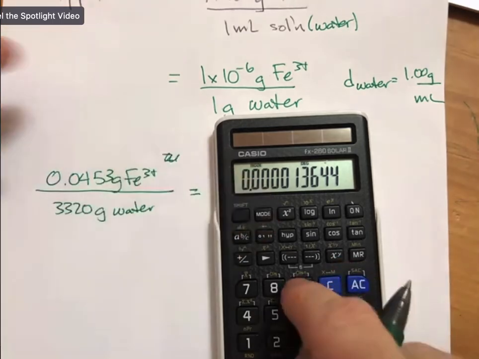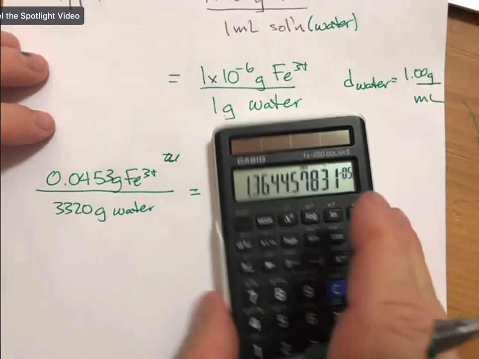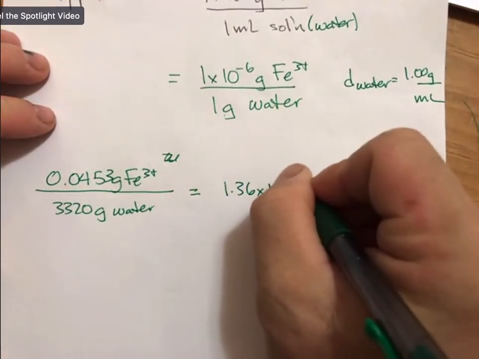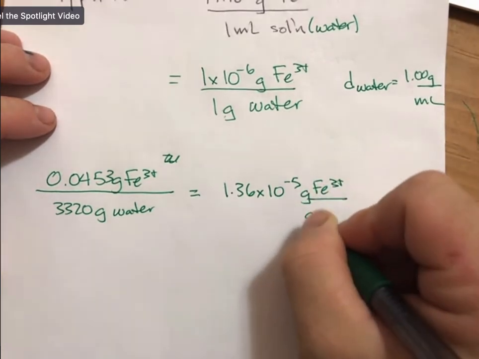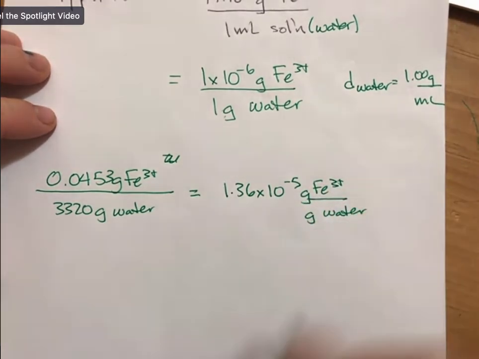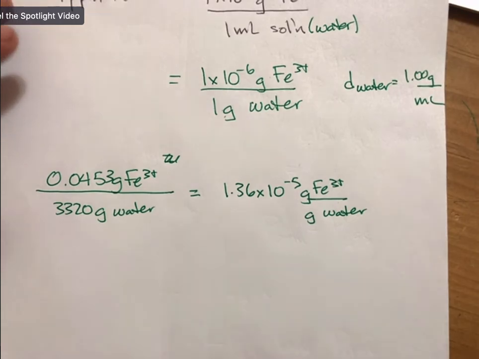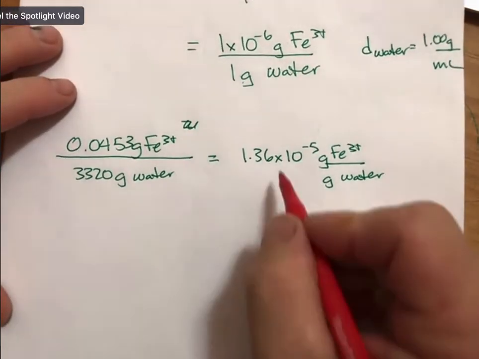this time I'm definitely using scientific notation. 1.36 times 10 to the minus 5th grams of Fe3 plus per grams of water. And then, again, this is just my process. There are lots of ways to do it. But I then take this number